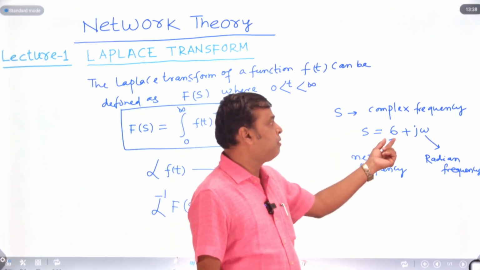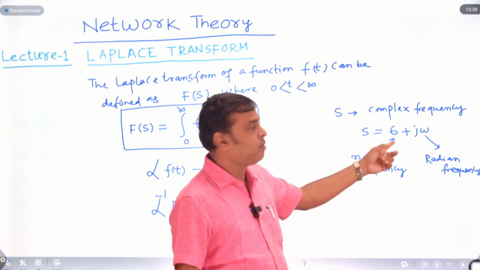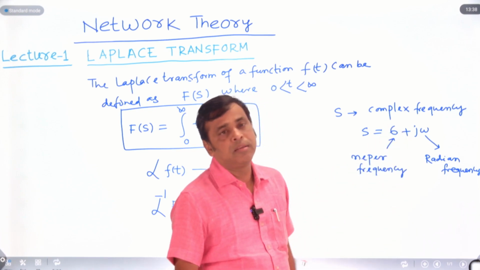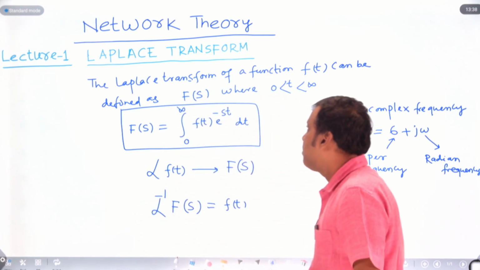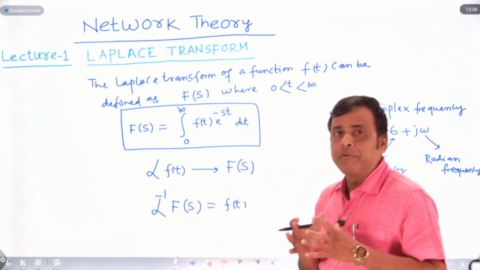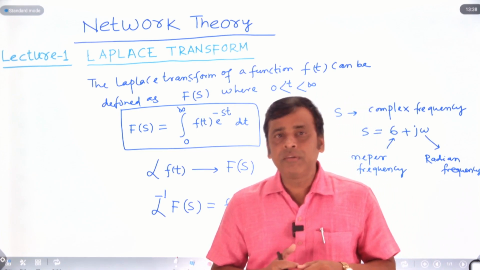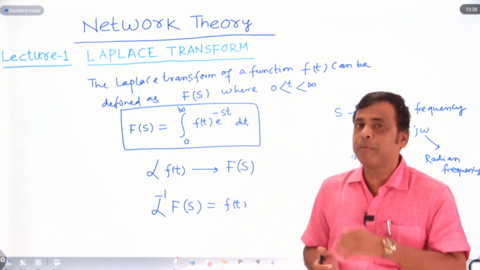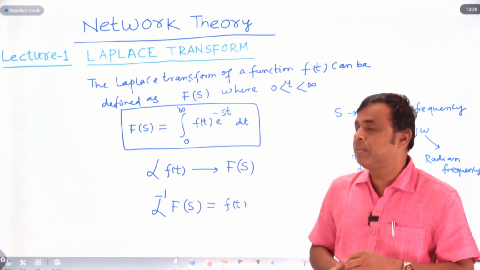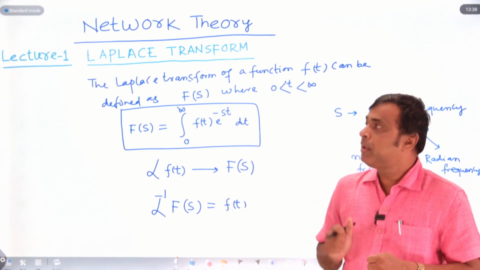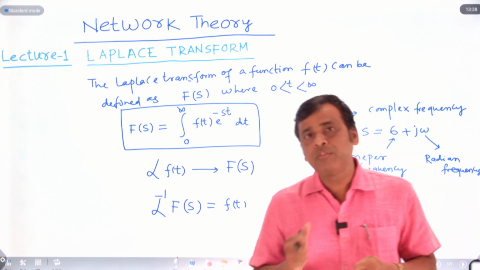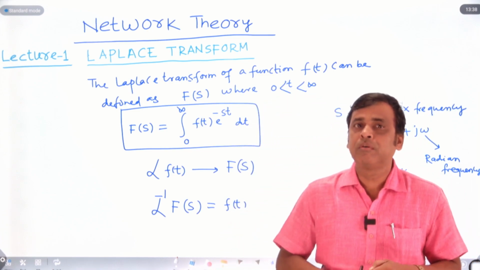s is your sigma plus j omega, where sigma is your Neper frequency and omega is nothing but your radian frequency. So what are the advantages of Laplace transform? Any time domain function can be converted into the frequency domain by means of Laplace transform. We have different types of transforms from an engineering point of view, like the Fourier transform and Z transform, etc. But we are most familiar with the Laplace transform, which is frequently applied in network